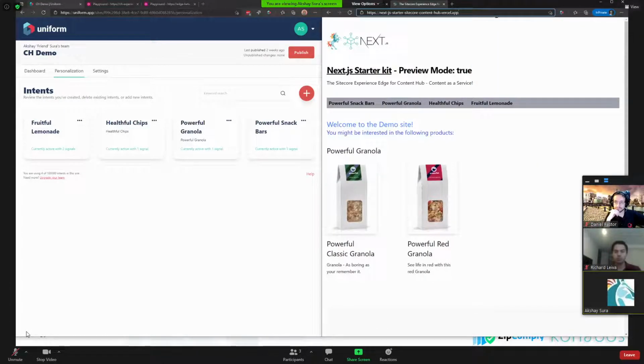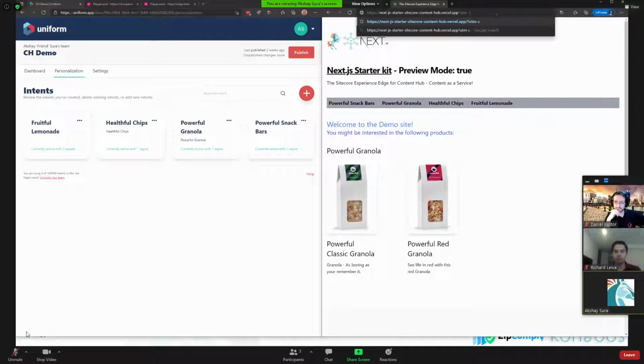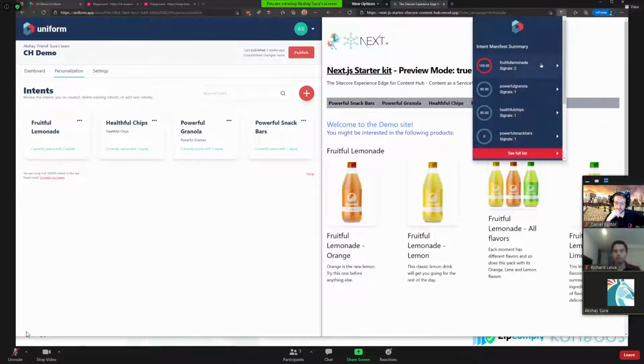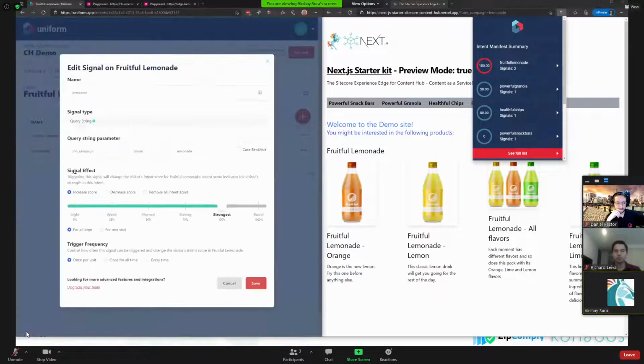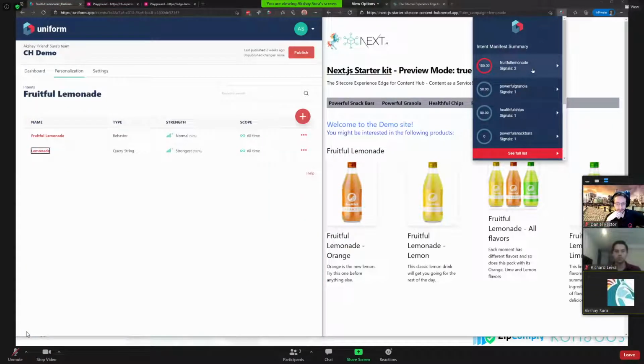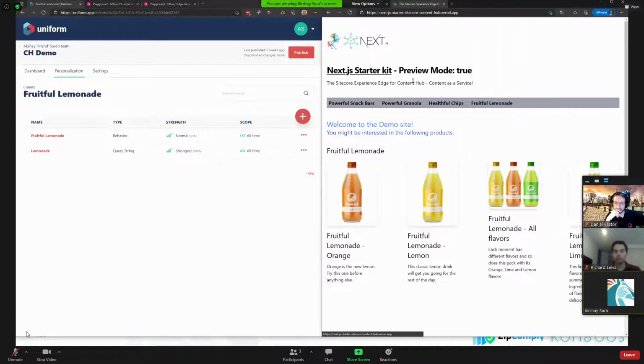For instance, if we were to trigger the campaign for Fruitful Lemonade, you can see that the signal weight for this was set to strongest, not normal. So it's 100% strength. So as you can see, now it knows, oh wait, this guy likes Fruitful Lemonade more than he likes anything else. So in this case, on the home page, I get shown Fruitful Lemonade. Again, it's super fast. It's super quick. It does its job right. And it's very, very simple